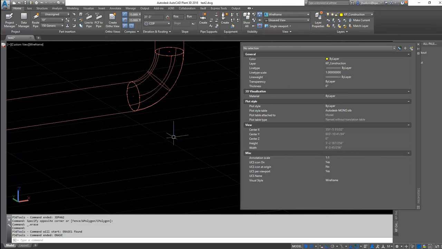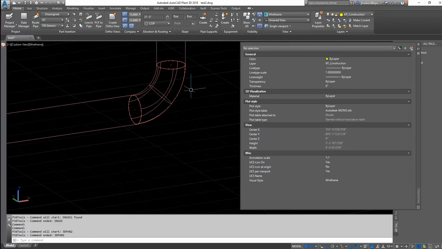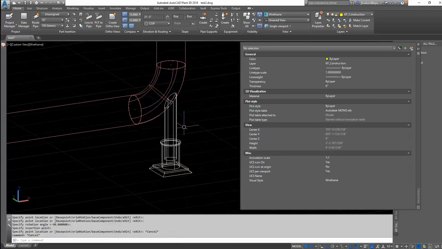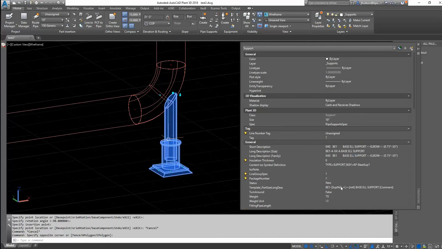So this is a proof of concept of an application that will update support properties as the file is saved. I'm going to place a support on this elbow. And you'll see it has a template. The